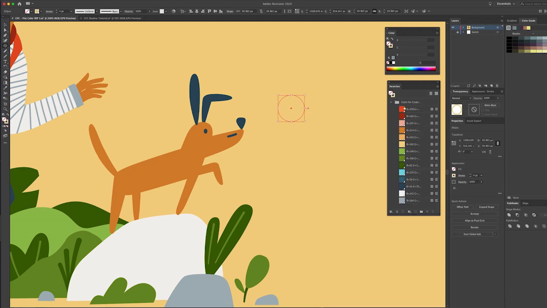But it'll be the same color as our dog. Cool. There we go. Get rid of that stroke. All right, so we're looking for the shadow color for this. Now,